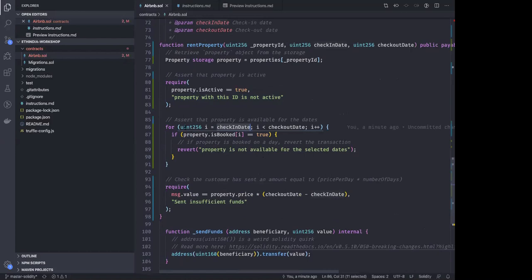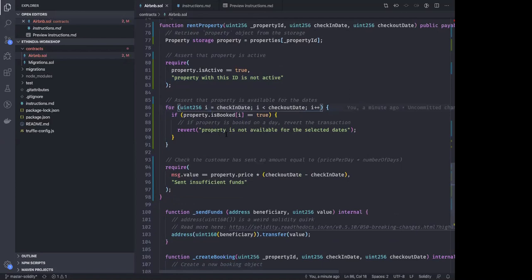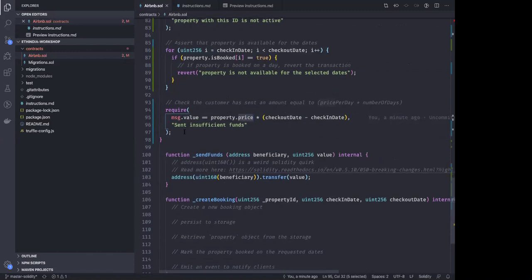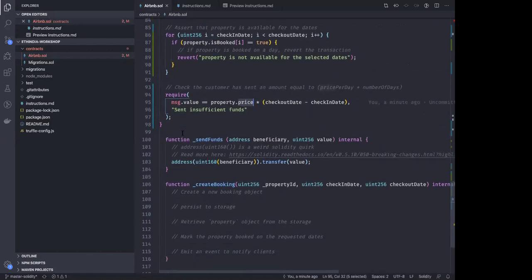This is like a loop. It will start from this check-in date to the checkout date and check if this property is available for this date or not, and if it's not available, then the transaction is simply reverted. And then the third required statement will check that you have sufficient funds in your account for this price. So yeah, that's it. Then next